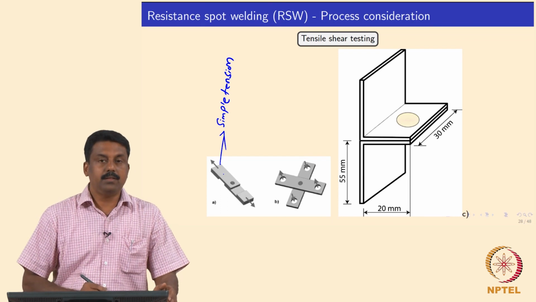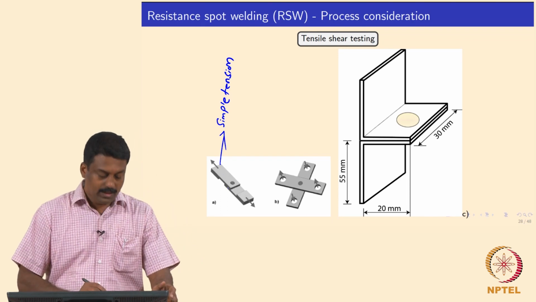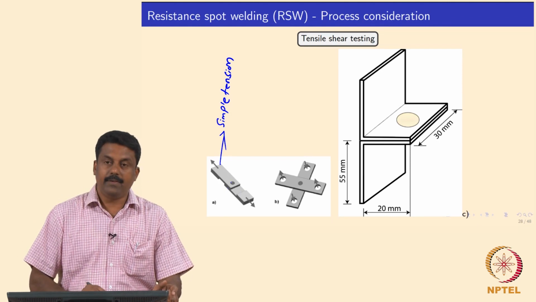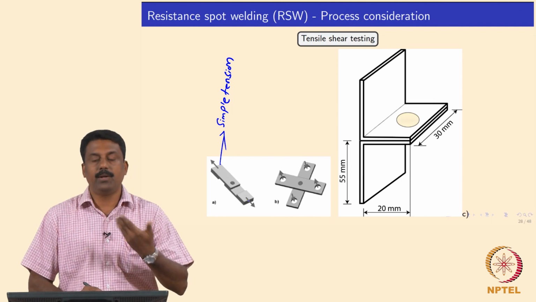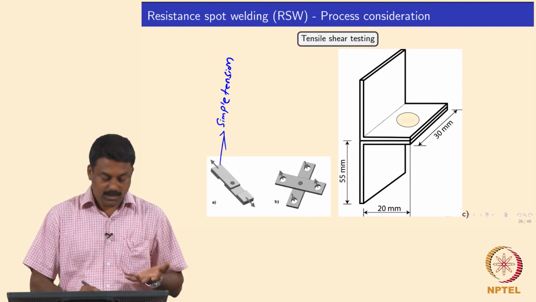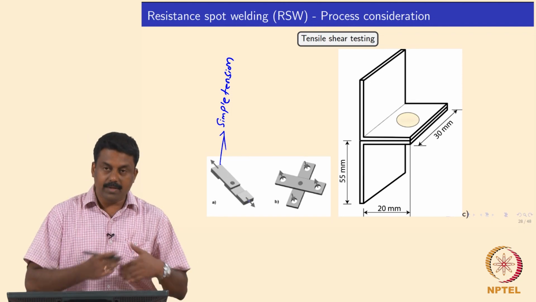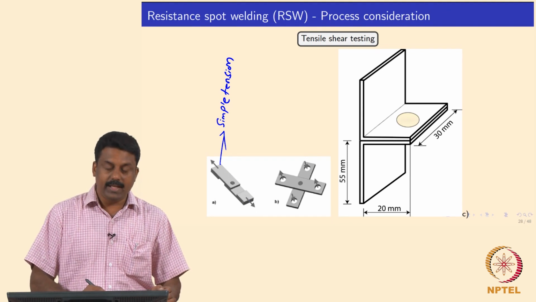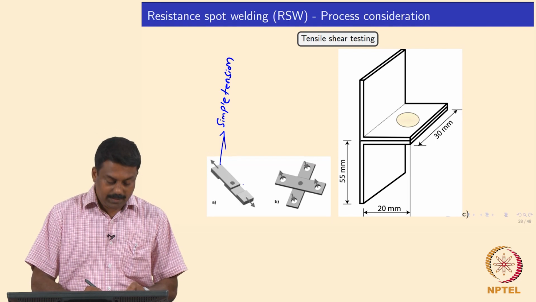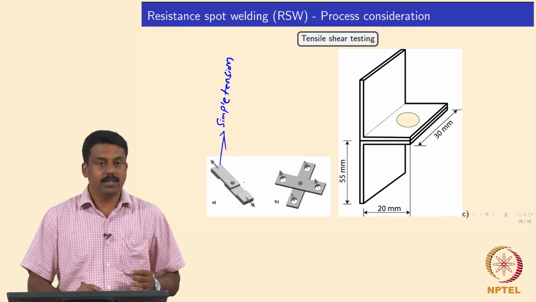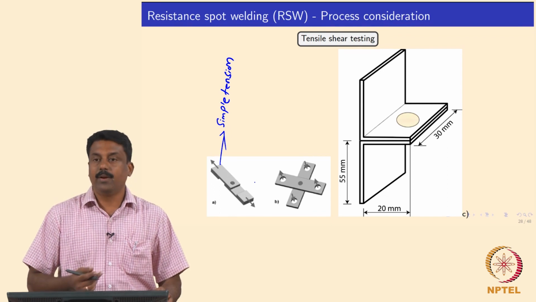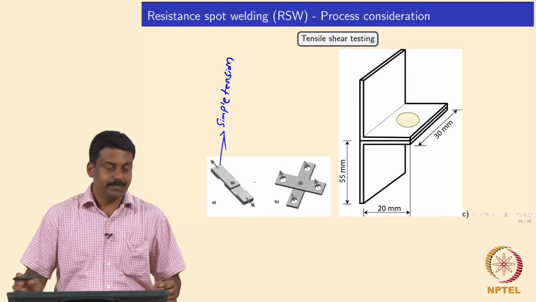So, what do we do in this case? There is a spot weld, right. So, we make a spot weld of two plates in overlap configuration, the same configuration I have been talking about. This is the most common configuration we use for spot weld and overlap, right. And then upon making a sample, we fix that in a tensile testing machine, and then pull it in tension and identify load required to break this bond apart.